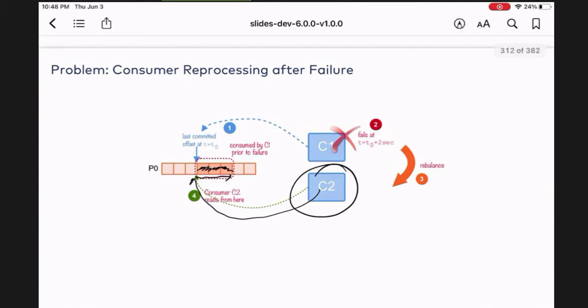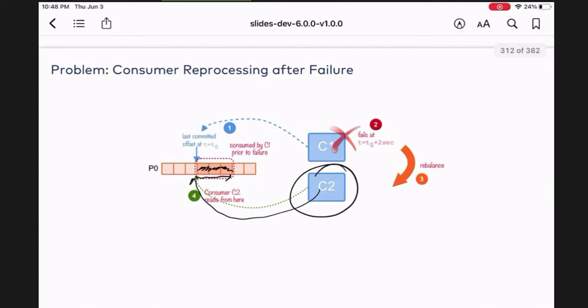Okay, so let's go. With this one, consumer reprocessing after failure is a possibility. This is something you need to keep in mind. So they say, in this case, how do we fix this? We also added notes for this. The important thing is we can store the offsets with the data in whatever destination system we're writing the data to. That's one way to do that.